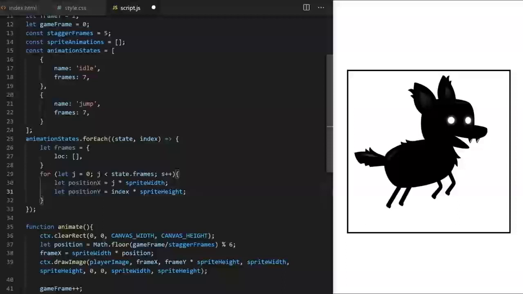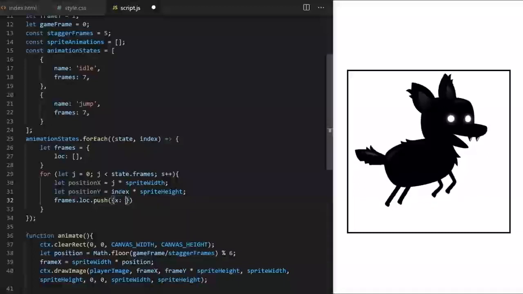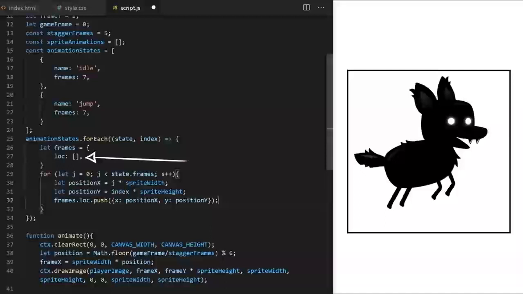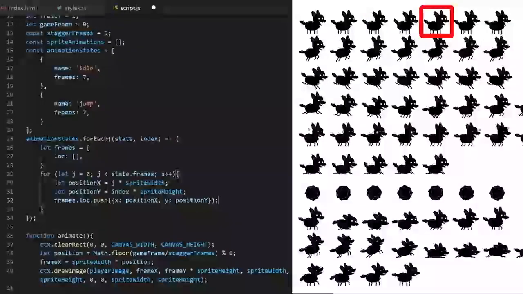So this for loop calculates positionX and positionY for each frame as it cycles through my sprite sheet. Every time we calculate x and y, I take the frames.loc array from line 27 and I use the push method. I create another small object here on the fly. It has an x property set to positionX from line 30 and a y property set to positionY from line 31. I push these values into my location array on line 27. So this for loop will run through all the frames in one row, in this case 7 times, and once